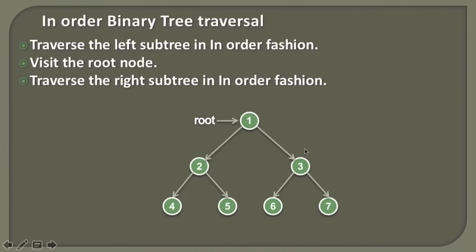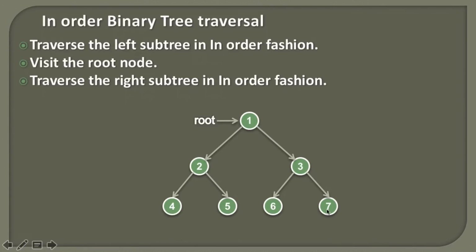Then our call goes back to the node 3, and we know that we have completely visited its left subtree. So now we can visit the node 3. Once we visit the node 3, the third step involved is we go to its right subtree. As we go to its right subtree, we encounter a node having data as 7. On this node 7, we now apply these 3 steps. We first visit the left subtree of it, then we visit the node, and then we visit the right subtree.